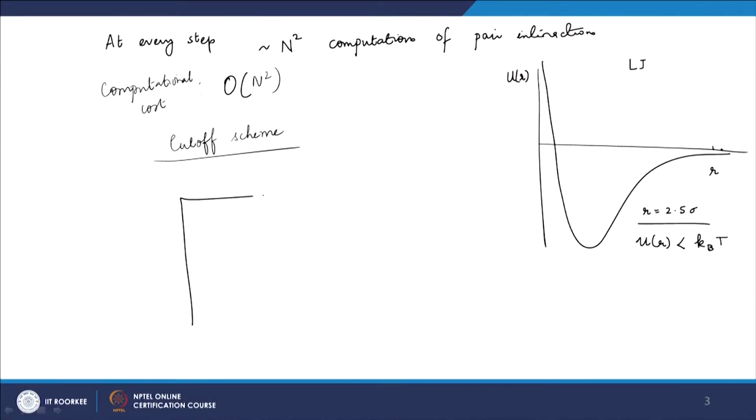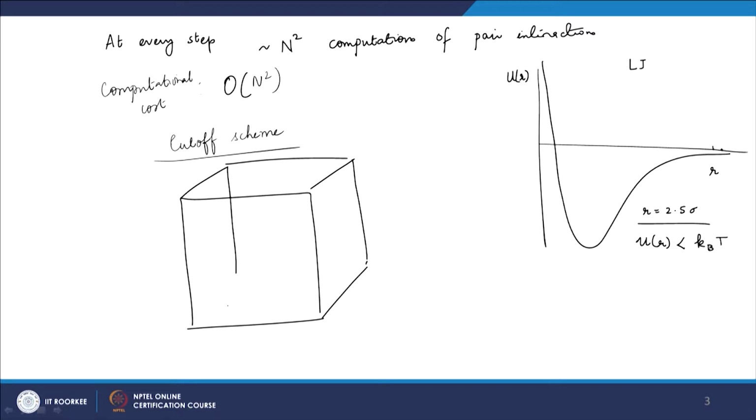And I have earlier told you that any energies which are less than thermal energy are typically less important, and they can be ignored, because if the interaction energy is less than kBT, the entropy will dominate in that particular case. So, what this means is I need not look at all the pairs